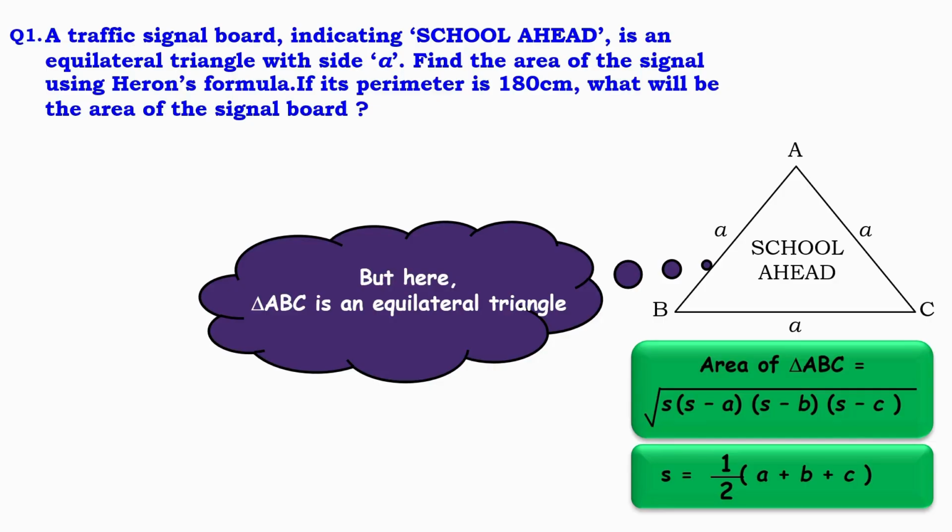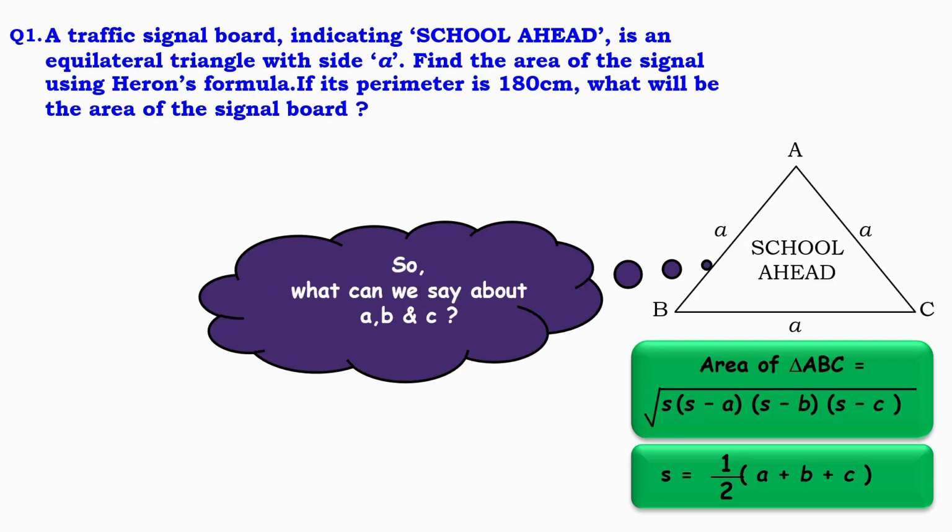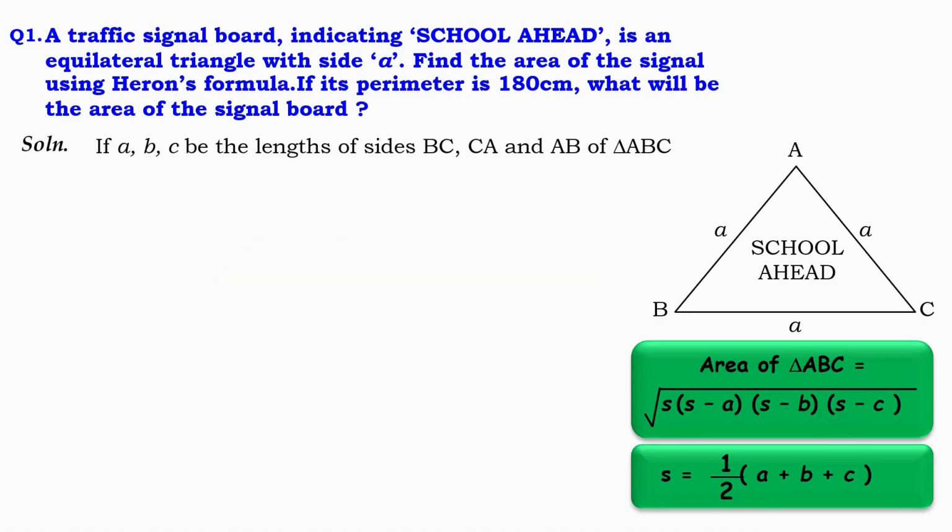Now here, what is given? It is given that triangle ABC is an equilateral triangle, right? So what can we say about ABC? What we know is that in equilateral triangles, the sides are equal. So it will be a equal to b equal to c, right? Now if a, b and c are the lengths of sides BC, CA and AB of triangle ABC, then